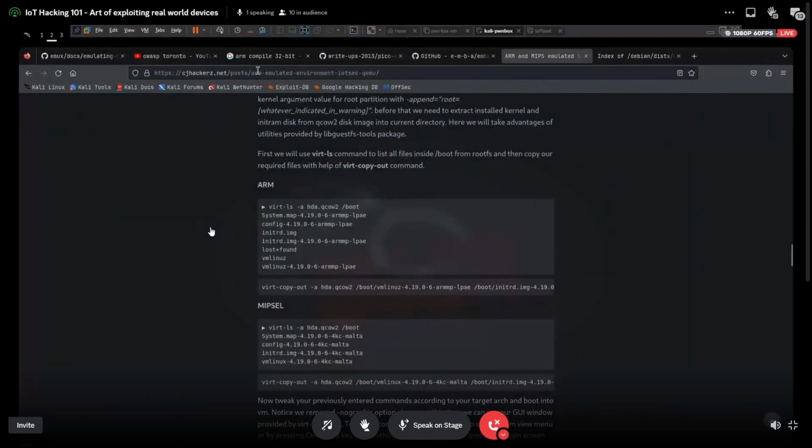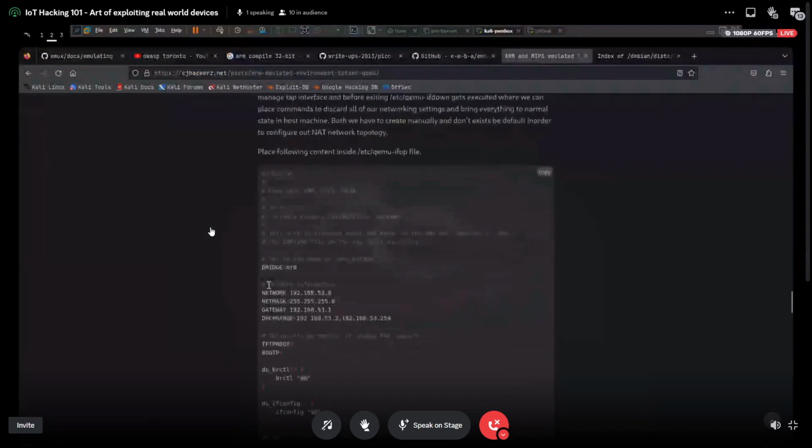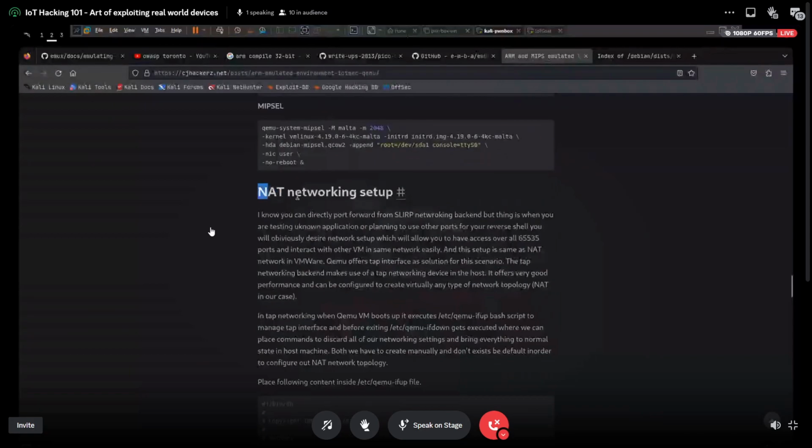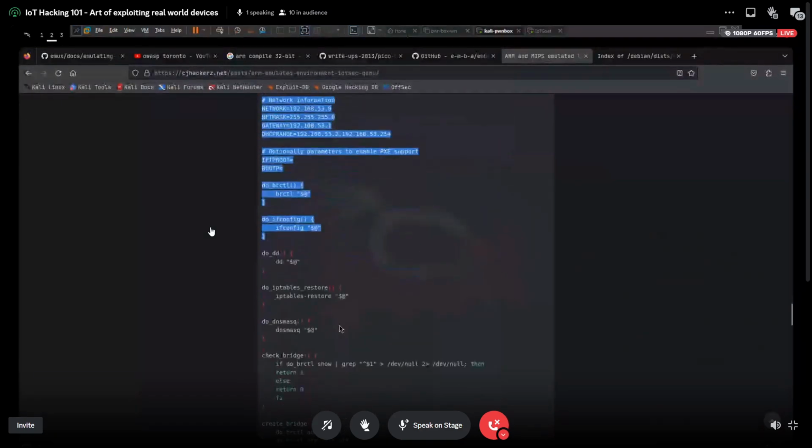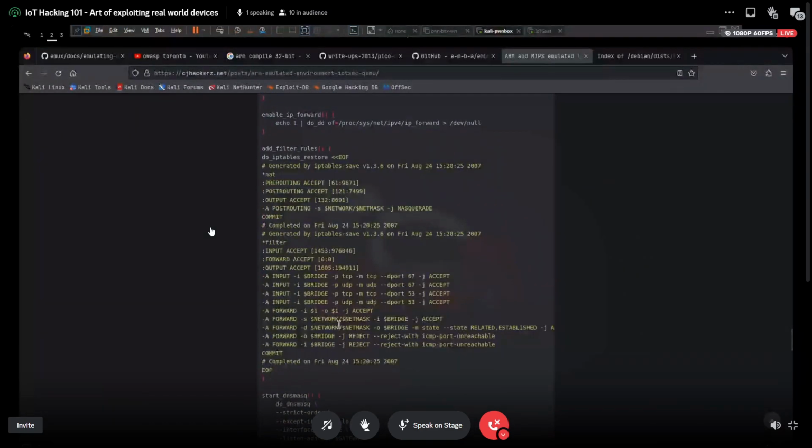But I posted this link about the basic environment setup, how you can set up. And you can also set up NAT networking with it. So if you want to interact, take an SSH into this emulated machine, you can put in this script. Be careful about this script. If you have certain firewall rules configured, this script is actually going to flush all those firewall rules.